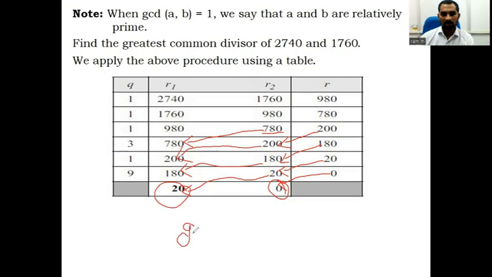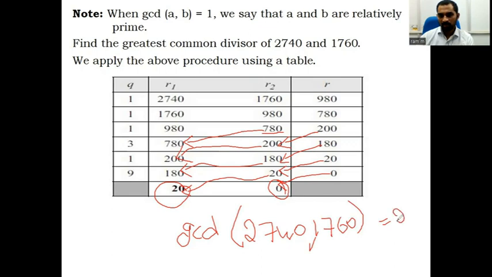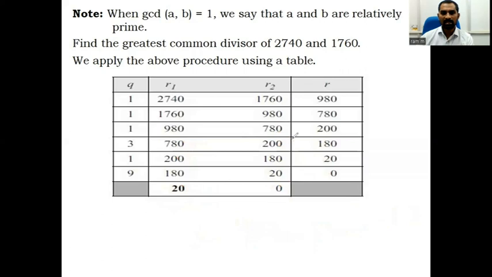So GCD of 2740 comma 1760 is equal to 20. We came to know from the Euclidean algorithm also that GCD of 1760 and 980, GCD of 980 and 780, GCD of 780 and 200, all these GCD is equal to 20. That's what we have learned from the